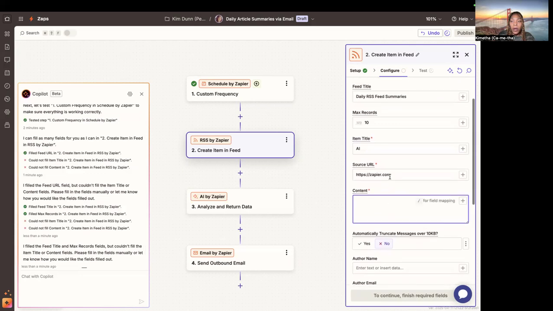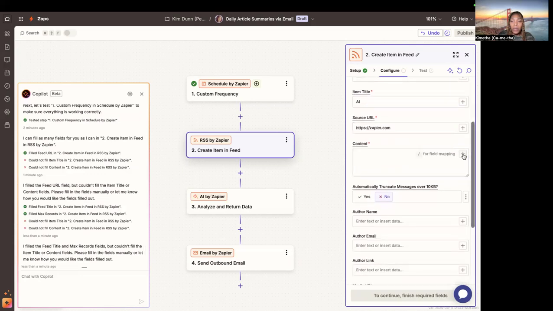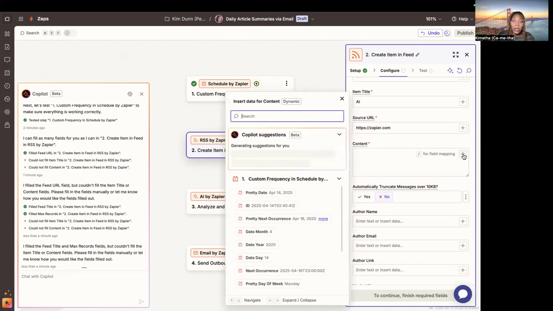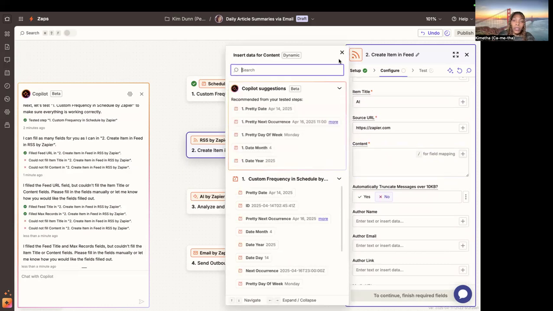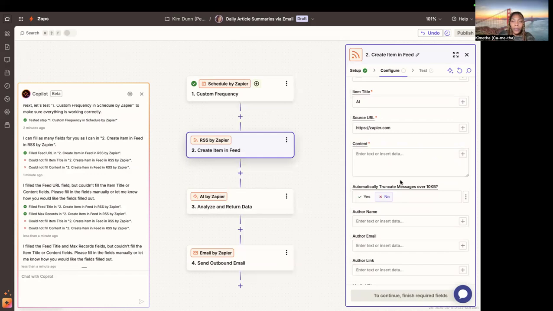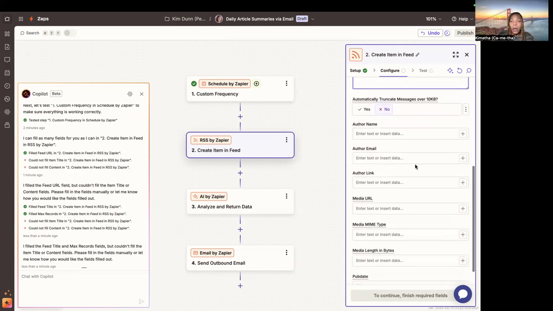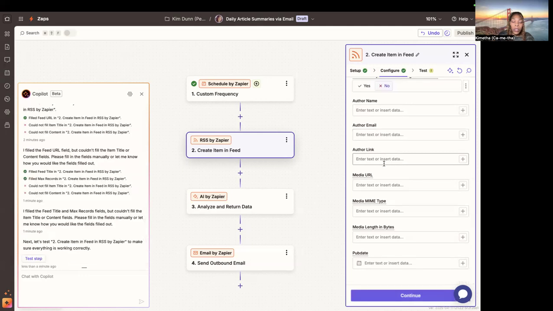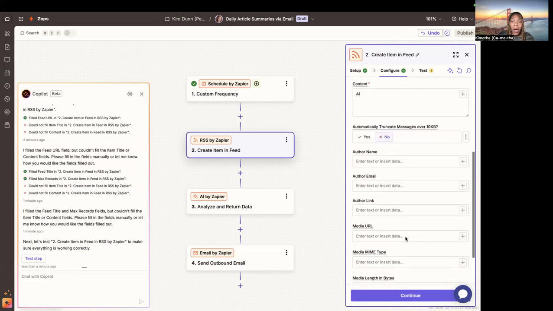And then regarding the content, you have options where you can add the content here, and the Copilot can give you suggestions. These suggestions are not as helpful, but our content will be related to AI, so we'll keep it simple. We will keep that. Now, you can add authors' names, emails, different links, media URLs, different media types, all of those things. I'm going to keep that blank for now